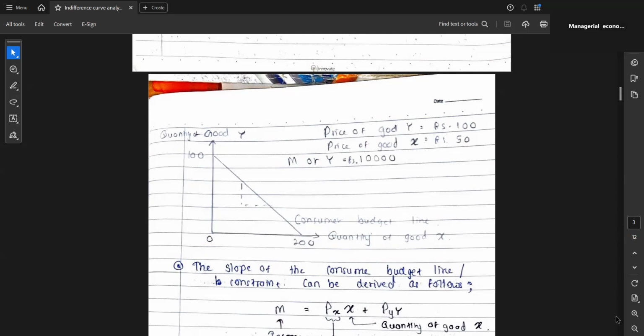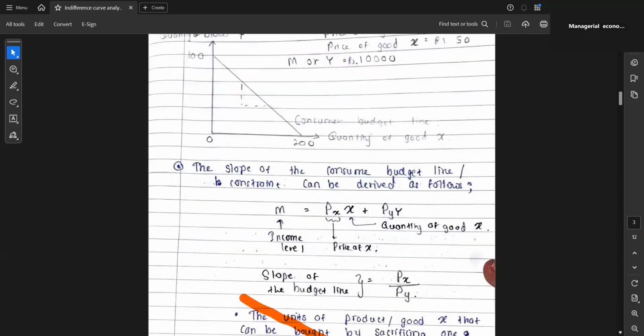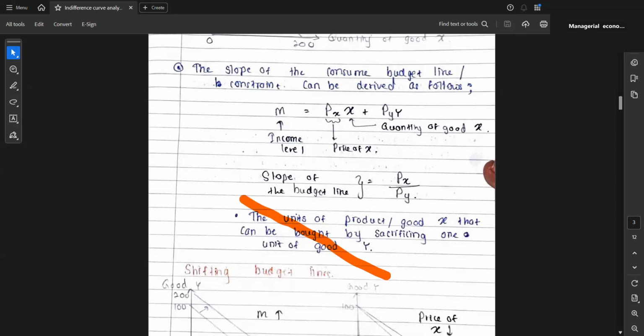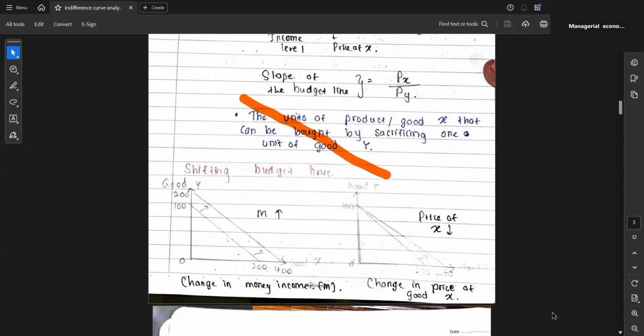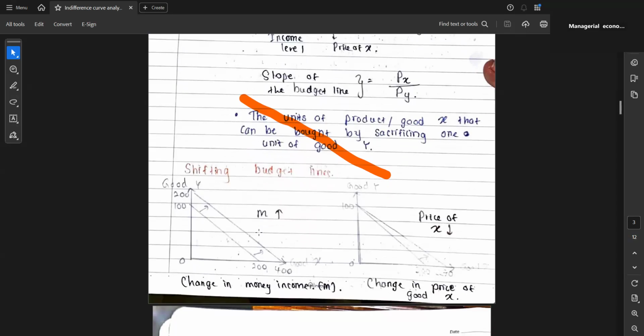So if the income increases, the amount of units he could buy increases, and therefore the consumer budget line will shift. The entire consumer budget line will shift to the right side, like here. When M increases, that means the consumer income increases. As you can see, the entire budget line has shifted to the right side because he can buy more of